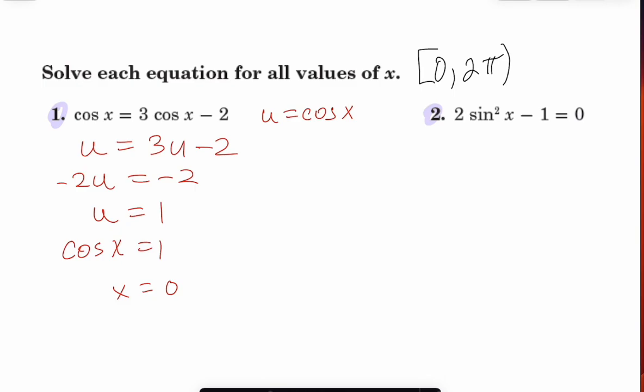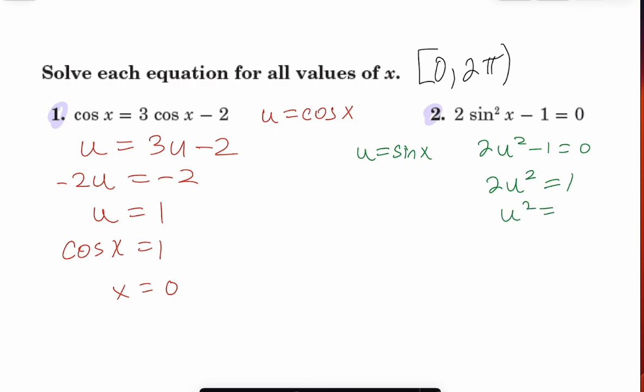So number 2 is the same sort of tactic. We only have one trig function in the equation, so let's let our u for that one equal the sine. So we would get 2u squared minus 1 equals 0. Now that's kind of factorable if you use the square root of 2, but I would suggest for this one, just add 1 to both sides,